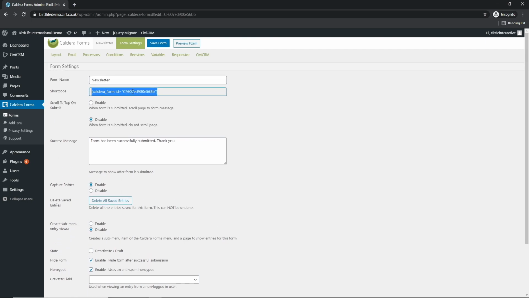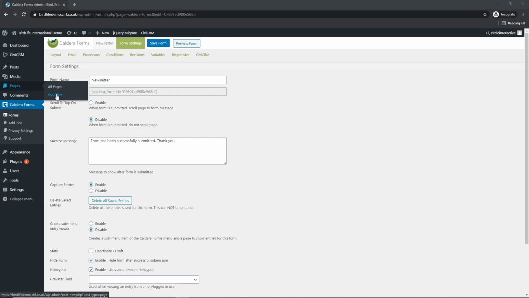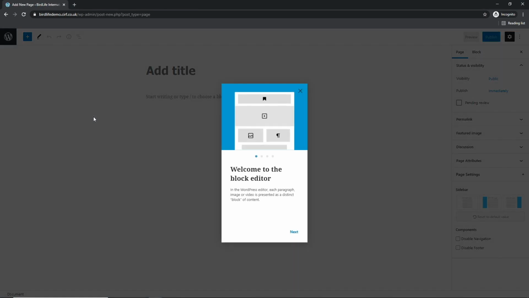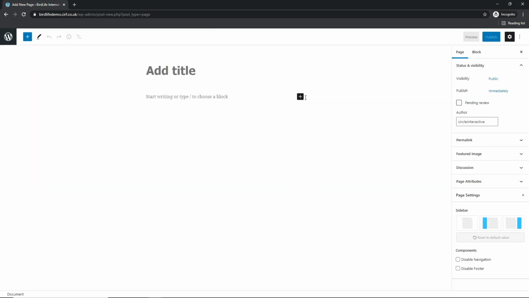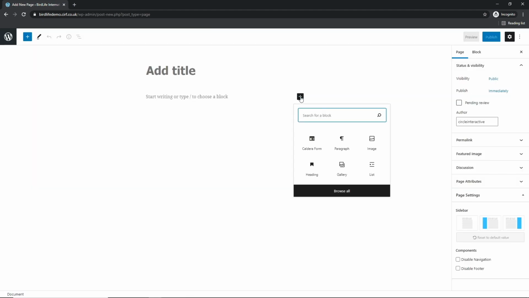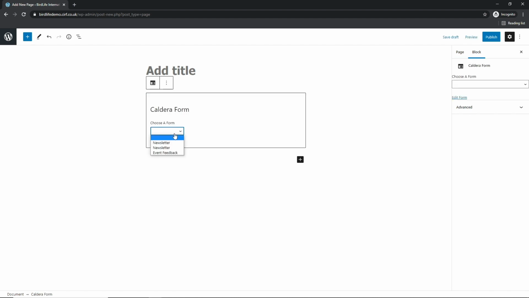So we've copied this shortcode. And we're going to create a new page to put our form on. So we hover over pages and we go to add new. All you do is click on the add block and you can either add in a Caldera form straight from here,